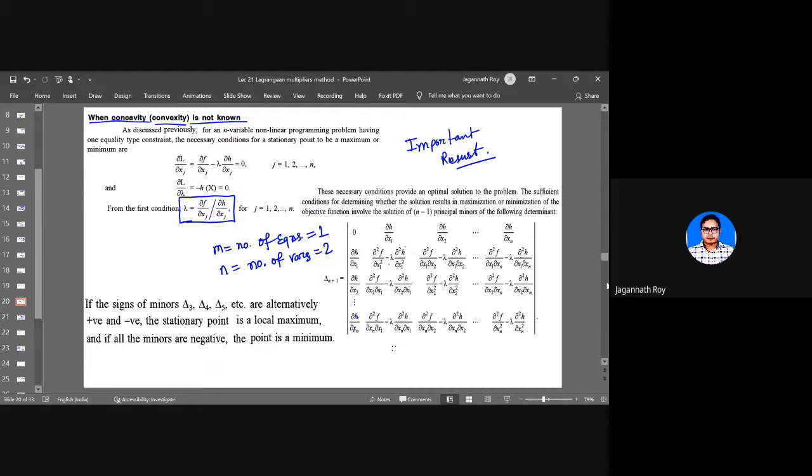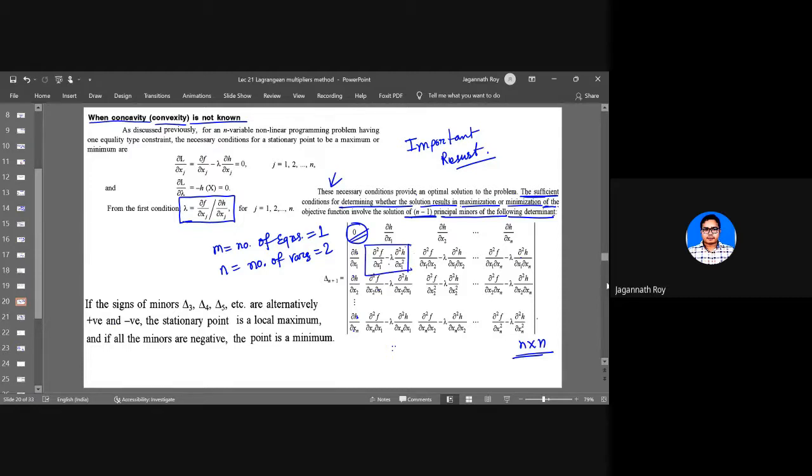Okay. So this result says the necessary condition provides an optimal solution to the problem if the sufficient condition for determining whether the solution results in a maximization or the minimization of the objective function involves n minus 1 principal minors of the following determinant. So this is principal minor, this is 0, and this is an n by n matrix. So we will have only n minus 1 principal minors. This is already 0,